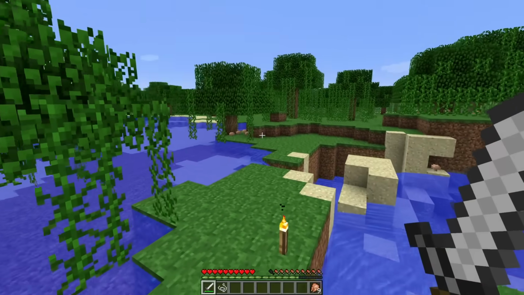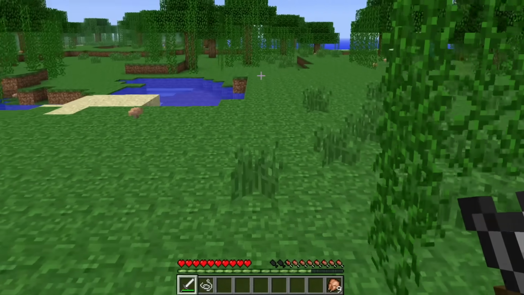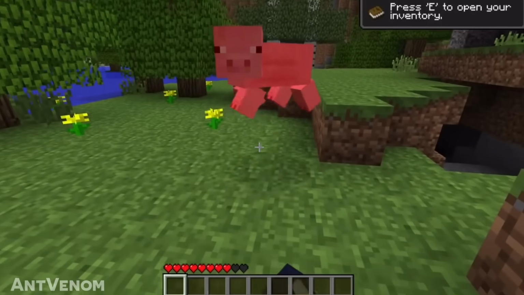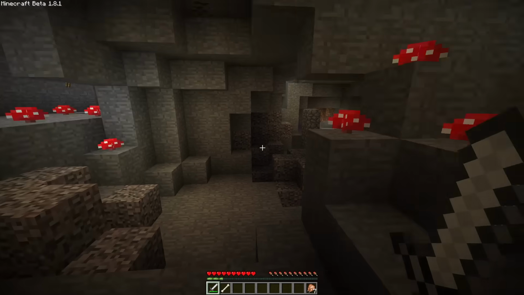Healing and the newly introduced food bar were one of the most controversial features, with some players arguing they shouldn't have to eat if they don't take any damage. Before, if you didn't take any damage, you didn't have to eat. And in my opinion, that should still be a thing. Before Beta 1.8, if a player was skilled enough to never take any damage, they would never have to use